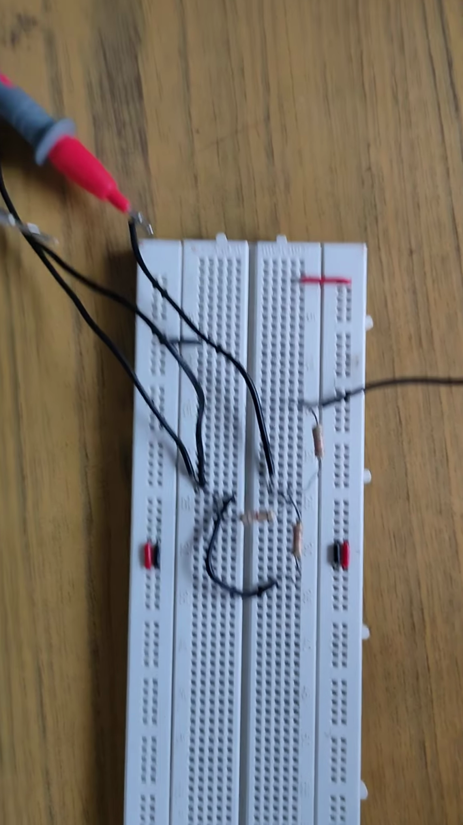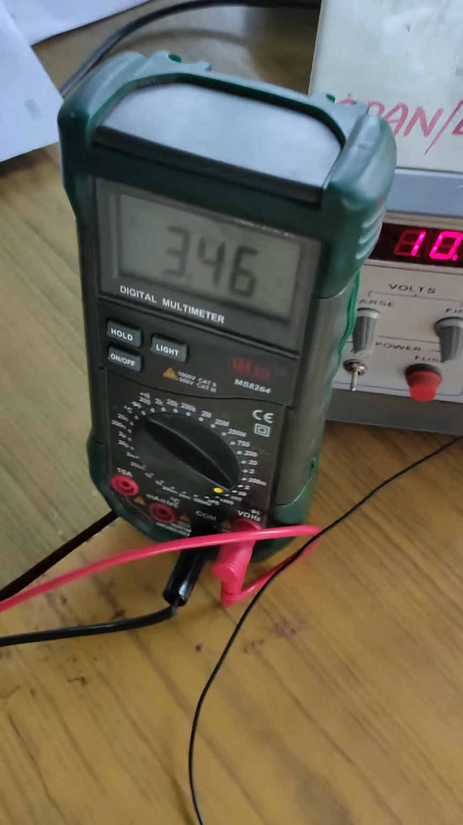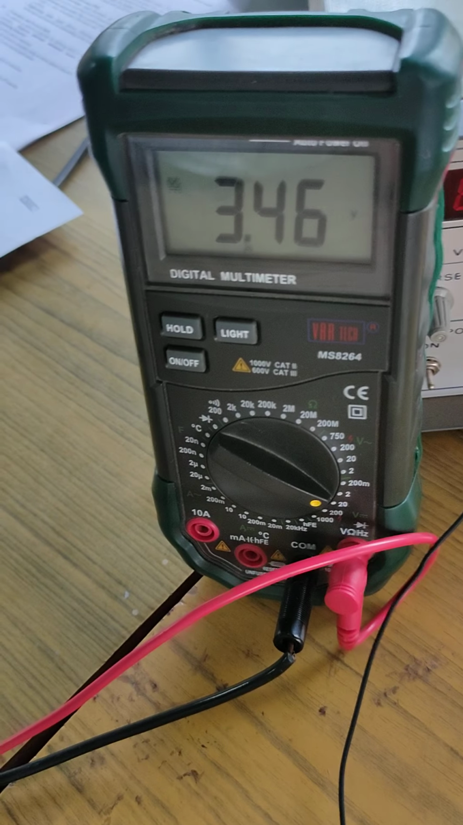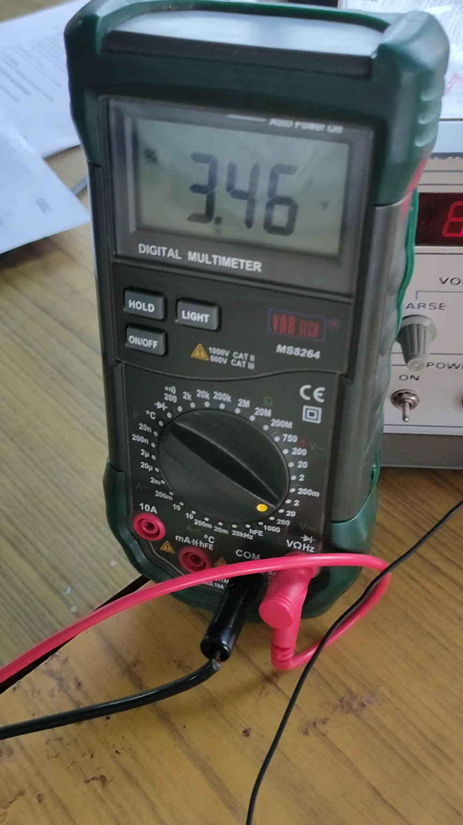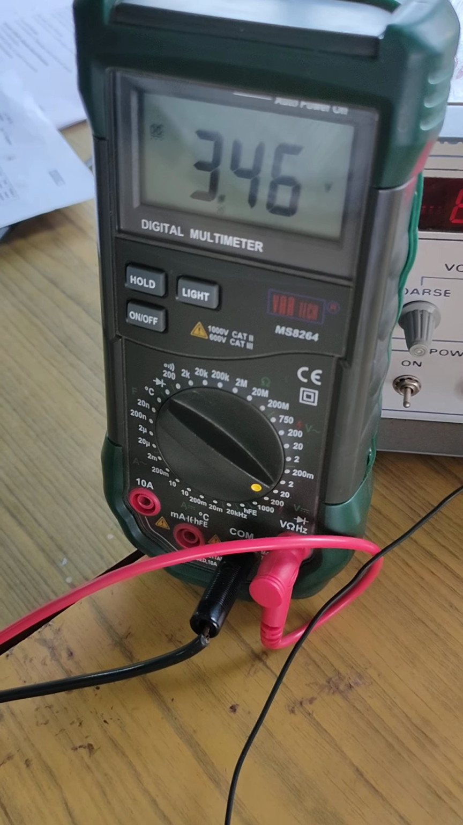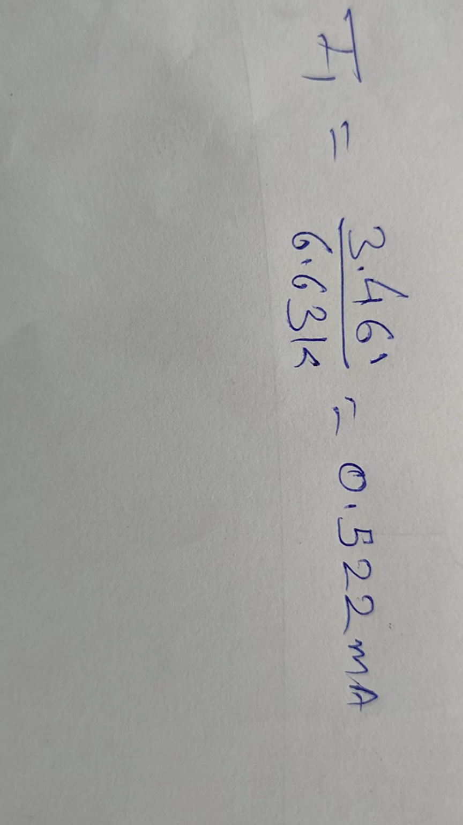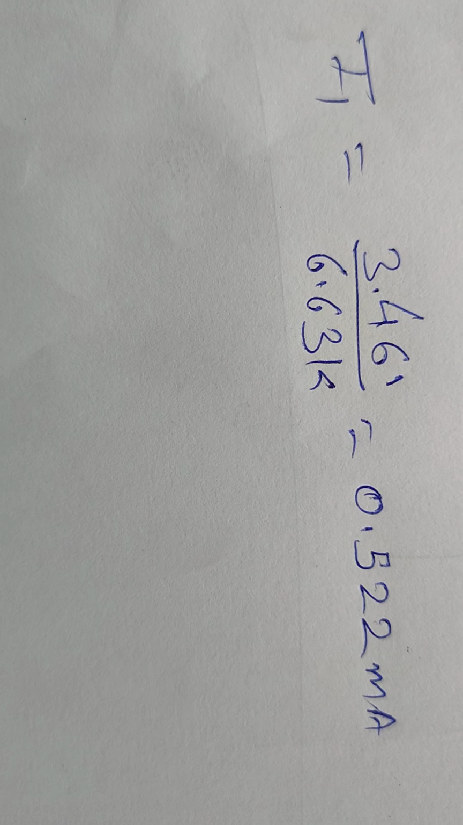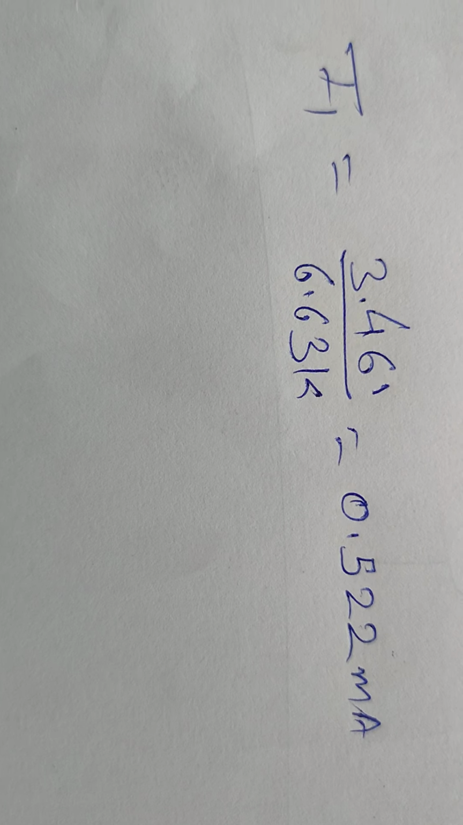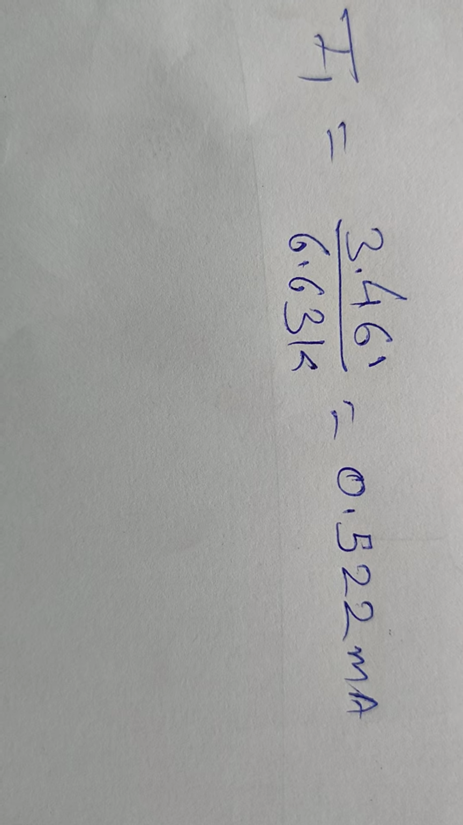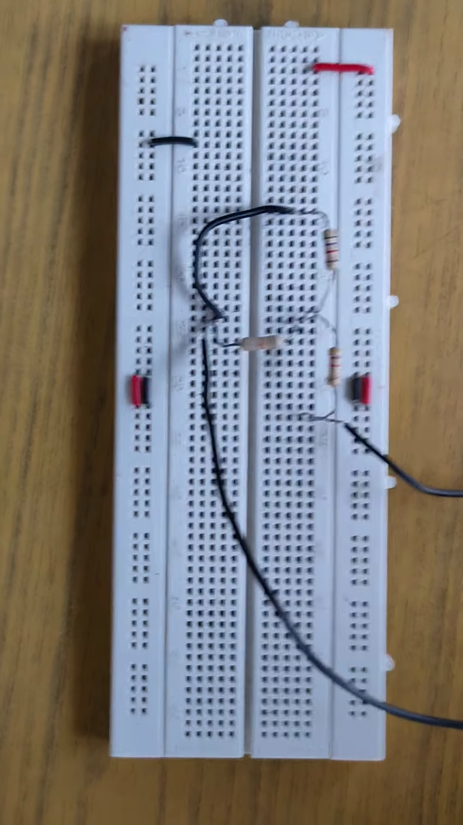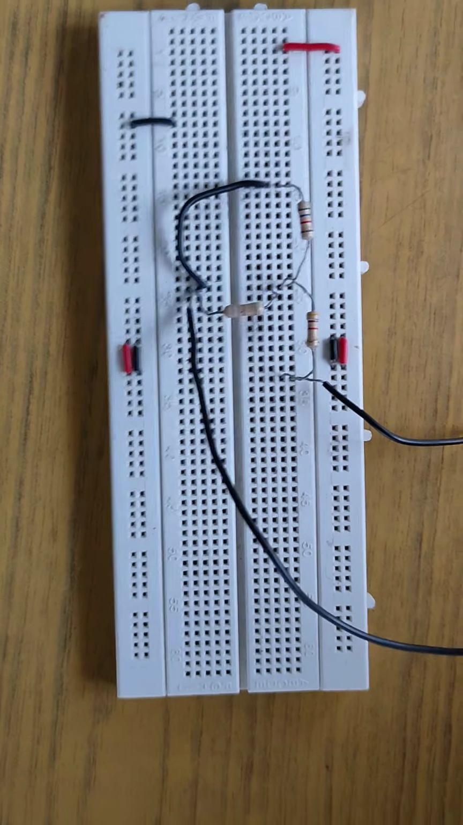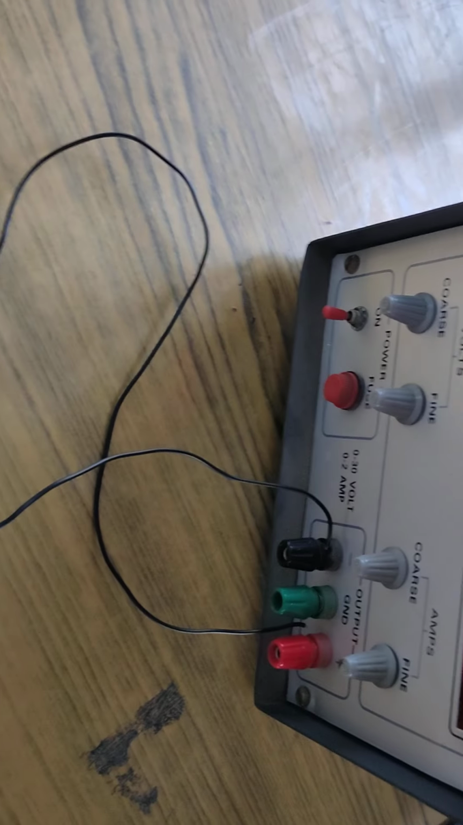If you calculate the voltage across resistance, okay, so the multimeter is providing us the reading, that is 3.46 volt. By using this voltage, if you calculate current I1, we are getting it as 0.522 milliampere. Now in second step, you have to remove first power supply and connect second power supply, that is